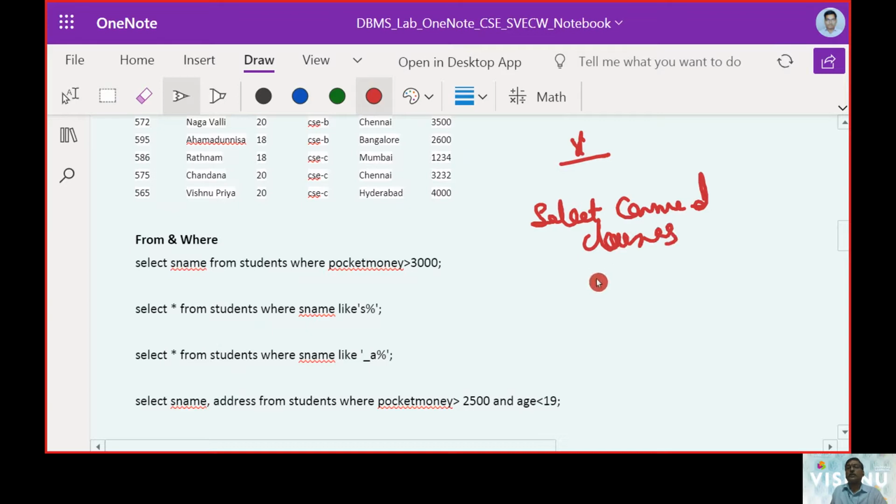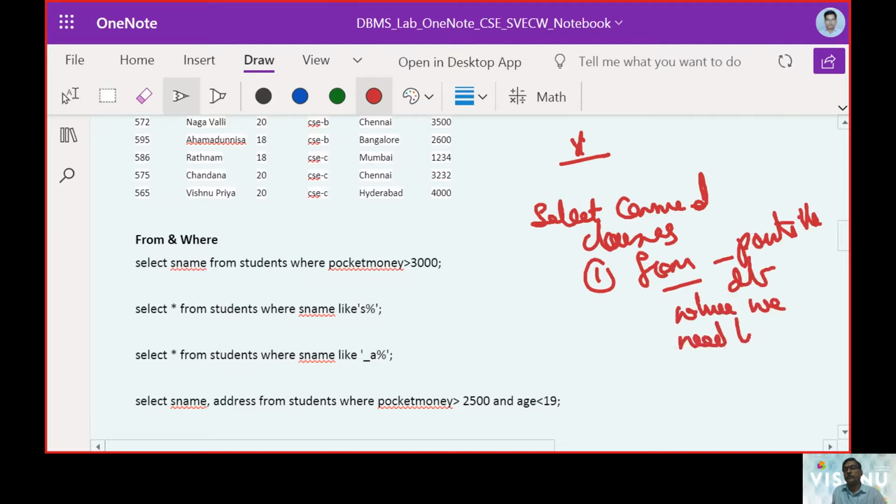The first clause we will work with is from. It points to the database where we need to fetch the data. And the second thing was where, which can be opted for applying a condition.